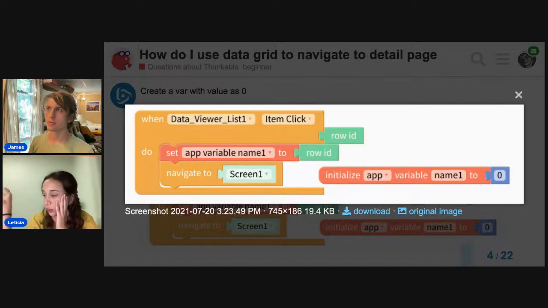Like it leads you to the stored value in the app. All that it does is just taking a note: I'm gonna remember this for later. That's all that it does. So if row ID is 3, it's just noting that down. Okay, the row ID is 3. And then we're going to navigate to the screen, and that's all.